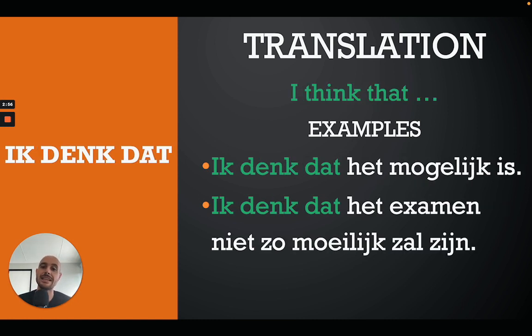You can also say ik denk dat, and this one we can translate literally, and that would be I think that. Ik denk dat het mogelijk is, I think that it's possible, of ik denk dat het examen niet zo moeilijk zal zijn. So I think that the exam won't be that difficult. Alright, so again, our verb is going to the end because that is a relative pronoun. So we need to do the catapult or slingshot construction in Dutch, which means we have to put our verb or our verbal group at the end.